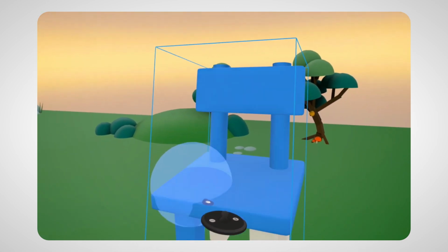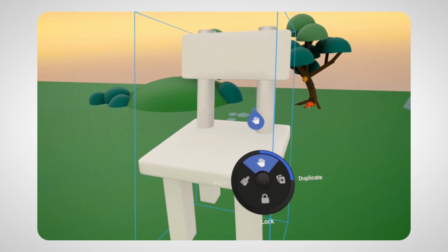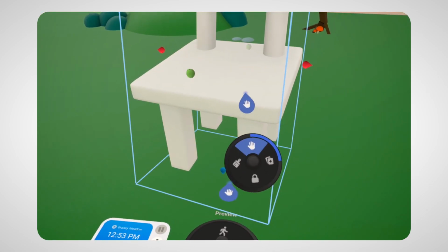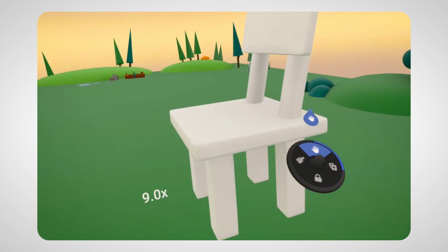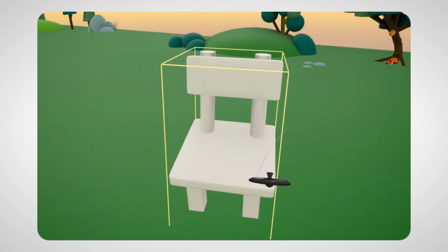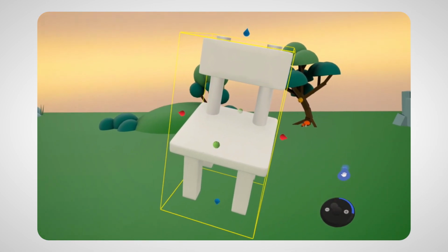To do this, first select all of the objects within the chair. If I put my selector inside of one of these objects, you'll now notice that your controls have a group option. If I tap this, all of the objects in my chair are now grouped into a single object. Now I am able to grab the chair and move it around just as easily as if it was a